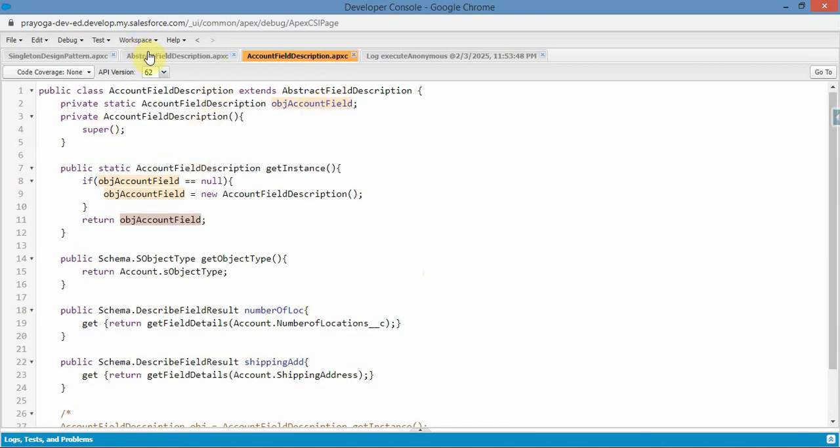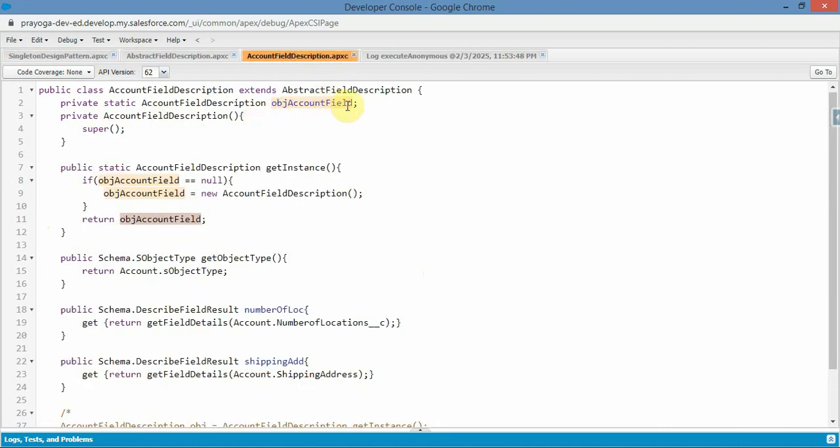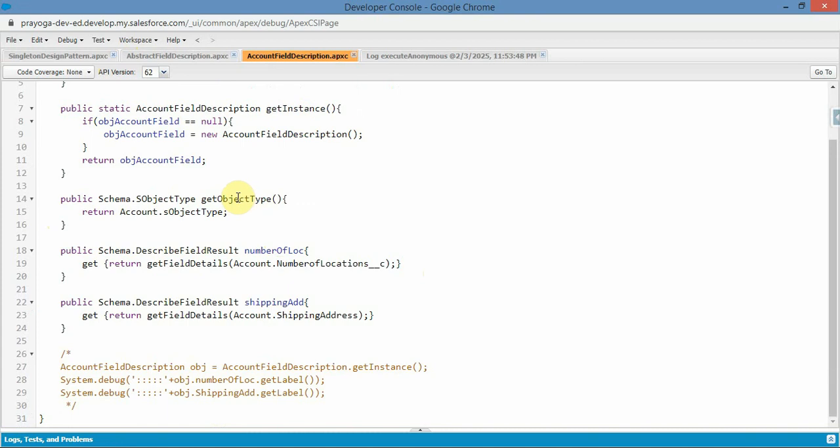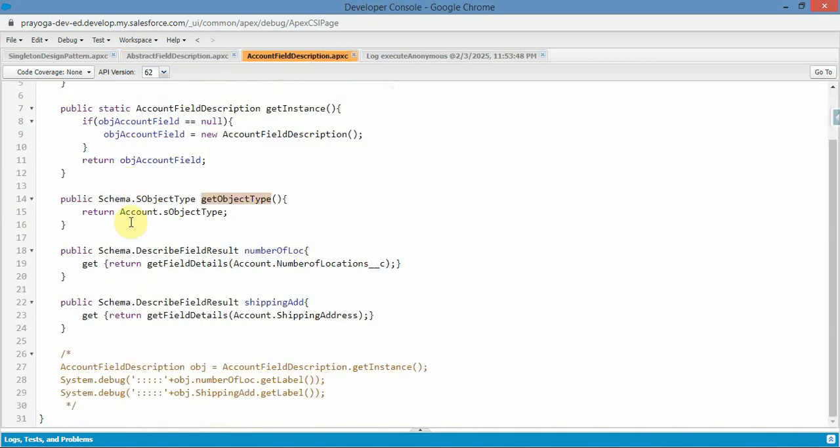So for the object field account, here what we have done is singleton equals null. We can define it as null here also, and save it. And then we have defined this particular method, get object type. In this one, we are getting the account as an object, and then to get the description of a particular field, like what is the label of the field, what is the type of the field,